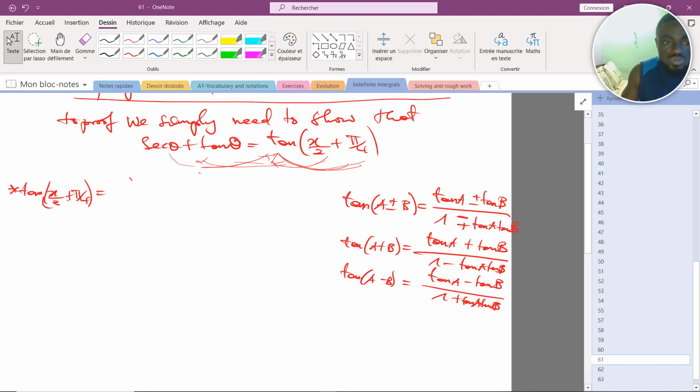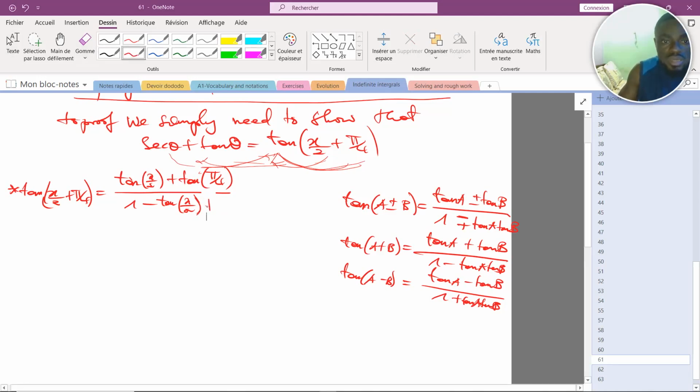There is a plus, so I will use this formula: tan(x/2) plus tan(π/4) all over 1 minus tan(x/2) times tan(π/4). Now, tan of π/4 is sine π/4 all over